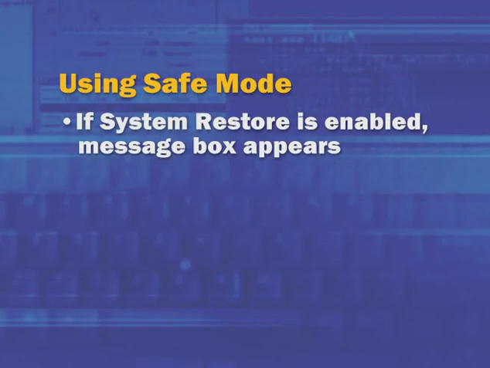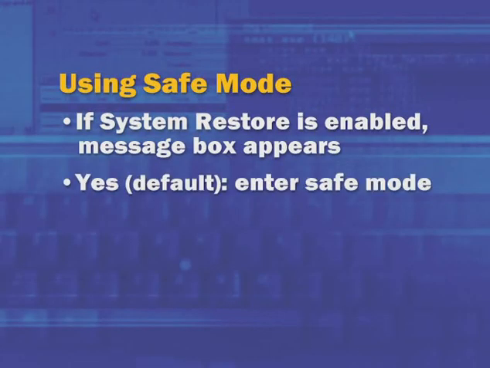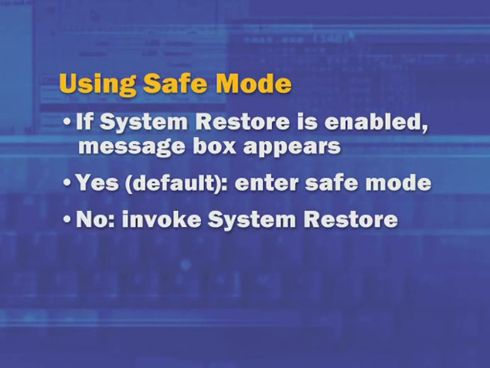Now, once you start safe mode, whether you chose safe mode with command prompt, with networking, or just the regular default safe mode, if it's a Windows XP system and you had System Restore enabled, a message box will appear asking, would you like to enter safe mode, or would you like to invoke System Restore? And invoking System Restore may be the quickest way to get your system back to a working condition, because System Restore will undo, as we're going to explain later, changes made to various registry hives, including user profiles, and files that have been replaced that may be affecting applications. Proper functioning will be restored.